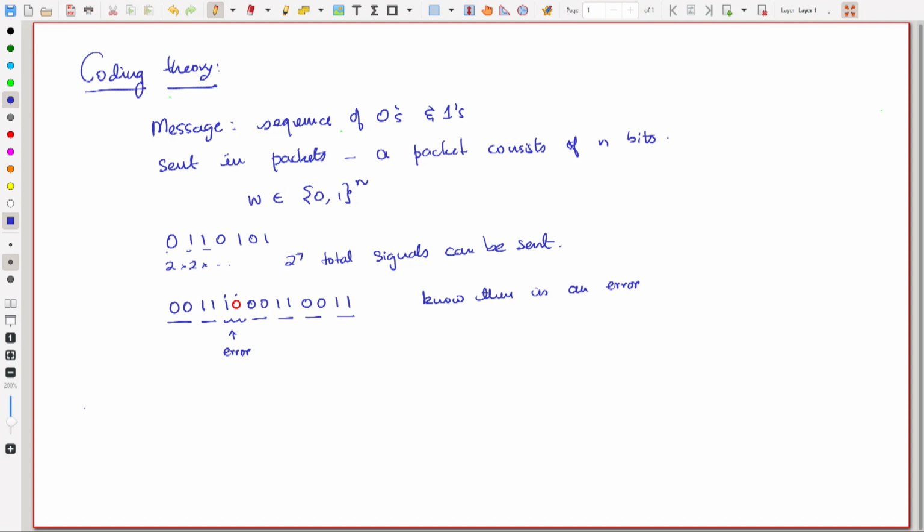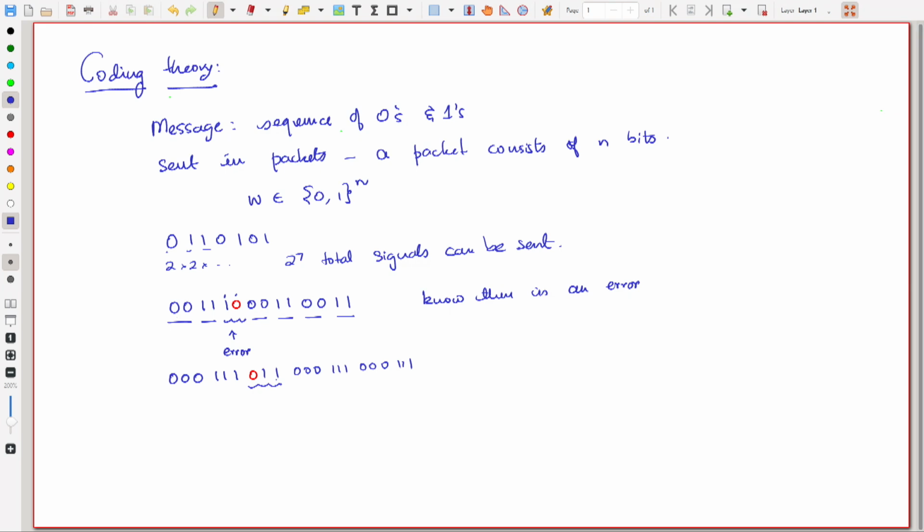In this case you can't, but can you think of a protocol which can correct the error? Send it 3 times, right. So, suppose I send 0 0 0 1 1 1 1 1 1 0 0 1 1 1 0 0 0 1 1 1. Then if one of the bits changes, say this 1 here becomes a 0, then I will look at the other two and I will say, okay, in